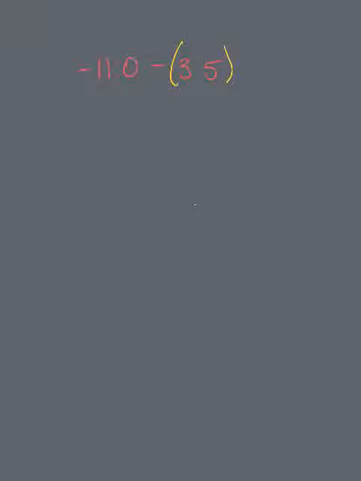So the first thing we're going to do is switch to our additive inverse. Taking that negative 11.0, changing the operation to add, and then using the opposite number on the other side of 0. So the number on the other side of 0 of 3.5 is negative 3.5. So we now have our additive inverse. So now we can use our addition rules. Same signs, add and keep. So we do have two negative numbers that we're adding. So we add